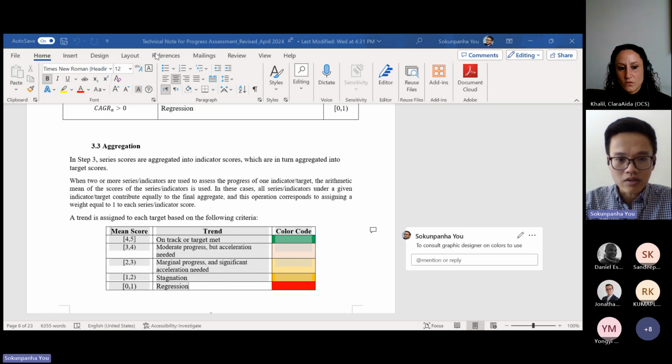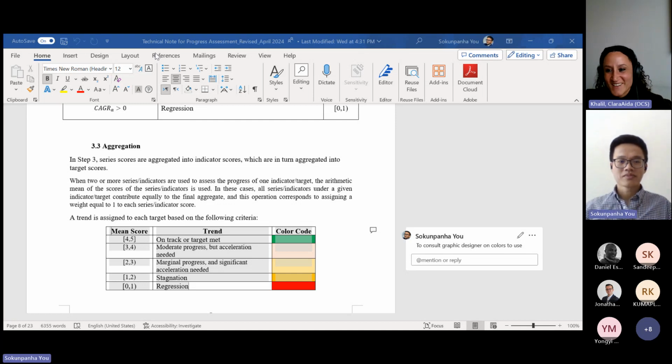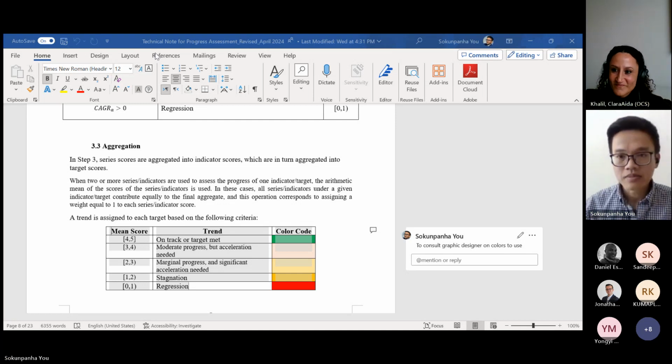So am I correct in assuming that you think we should explicitly state that that's the data availability threshold for the assessment? Or did I miss some of the text that you put into the revised? No. It's fine. It's fine. Okay.